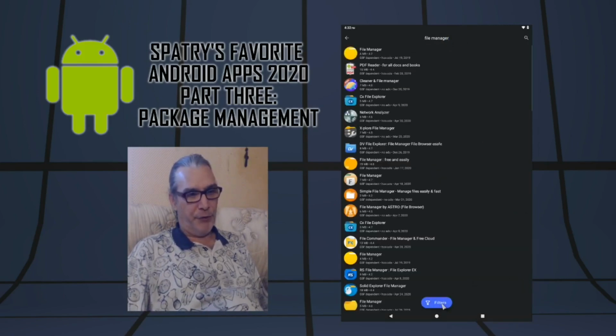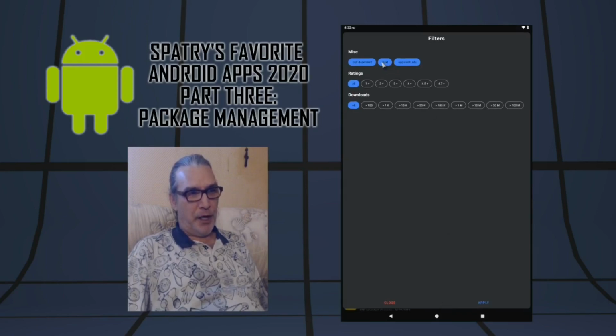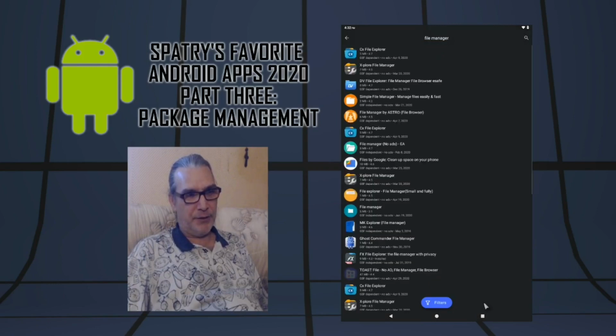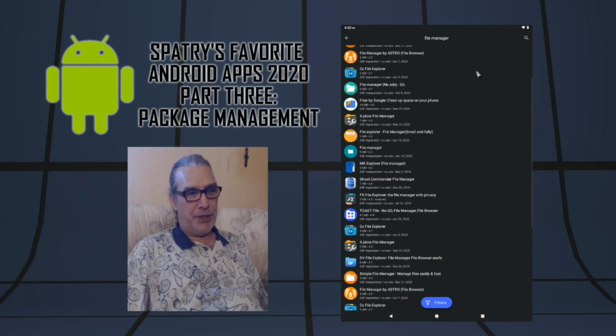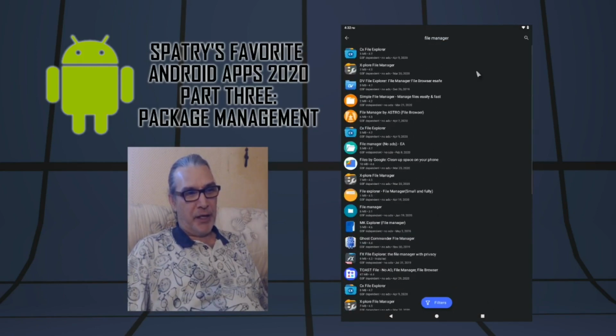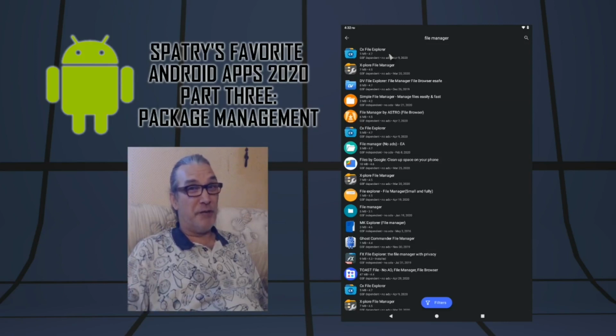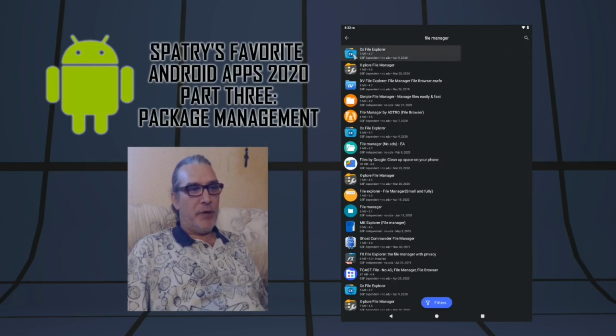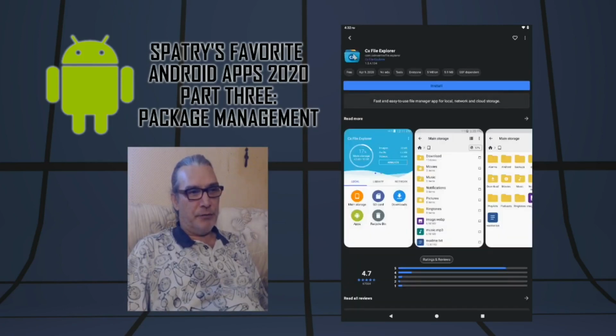I'm going to click the filters button here. All right, I'm going to tell it I don't want paid and I don't want an app that contains ads. And then I'm going to apply that. Okay, now it's going to filter out all the programs that contain ads. And if I wanted to, I could also tell it I didn't want GSF dependent, but I'll leave that as is. So when we look at the application here, okay,